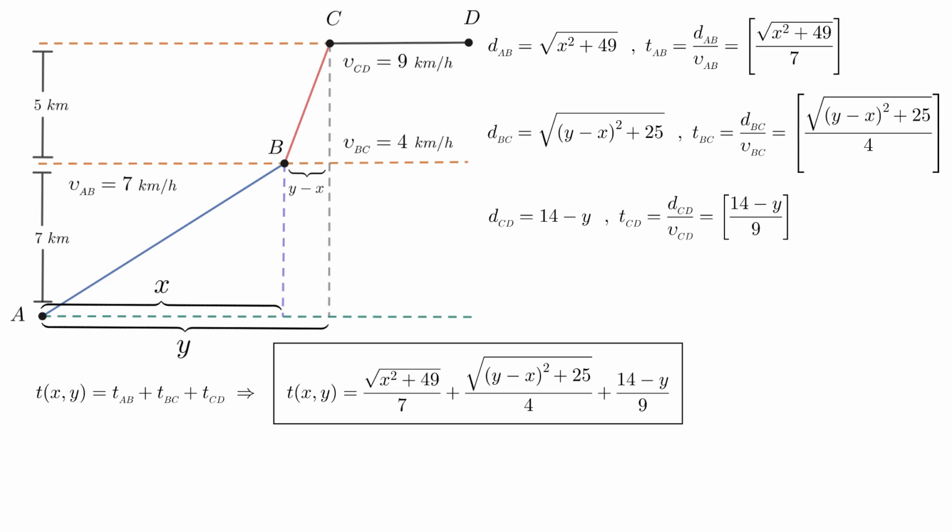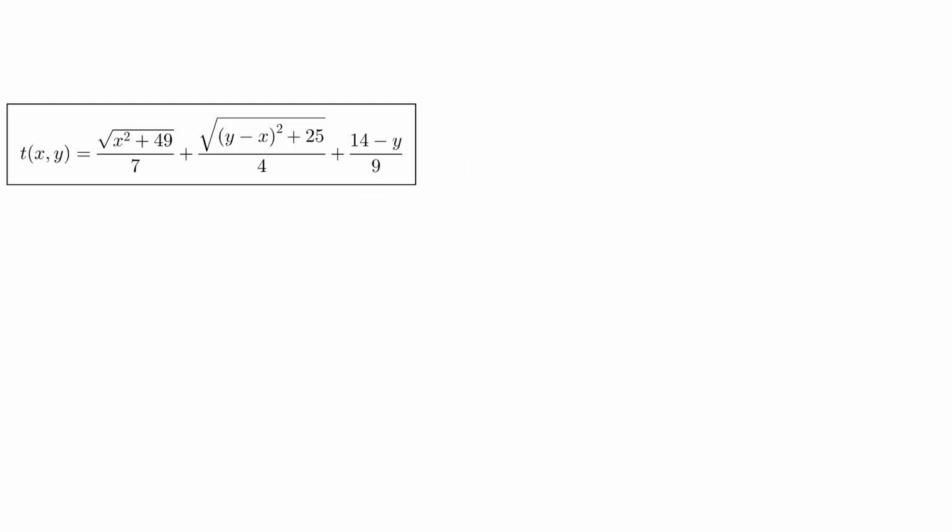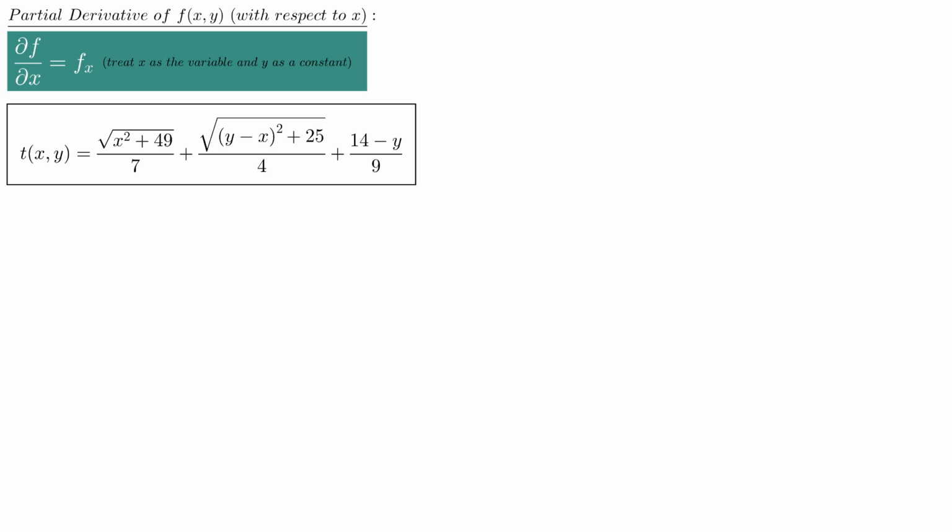Do you recall what a partial derivative is from your Calc 3 class? You've taken one? If not, no worries. I got you covered, my friends. A partial derivative is a derivative with respect to one of the variables of the multivariable function. The partial derivative of this function here with respect to x is you treat x as the variable, and the other variable you treat as a constant. This is the notation of a partial derivative with respect to x, and this is the one with respect to